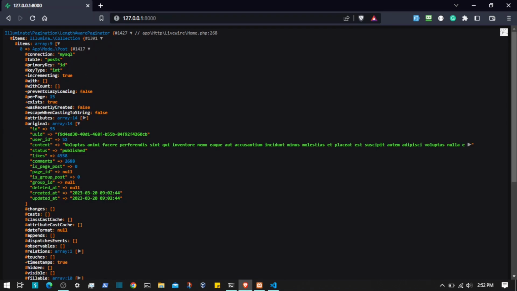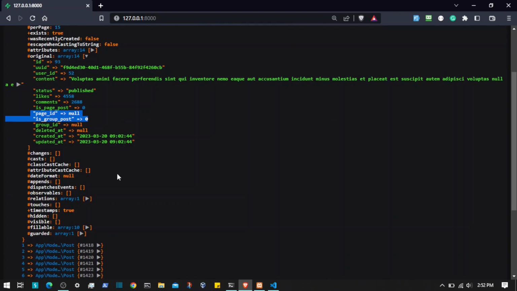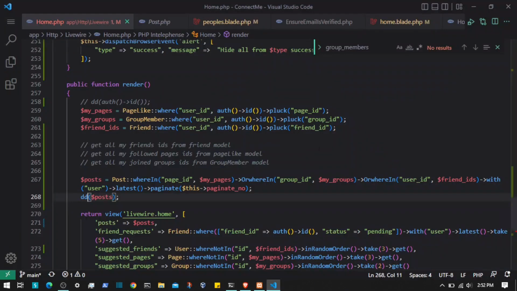If I check this post, this is the specific user post, as you can see, page and group as group post page, and these two variables are empty, so this is the user post. And is this user my friend? I think so, because here we do not specify whether this is a successful friend or not. We just